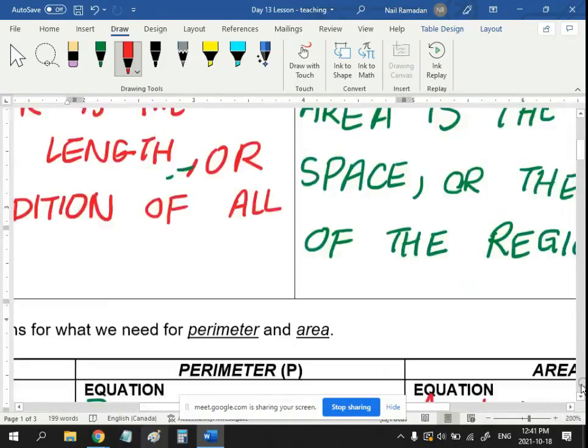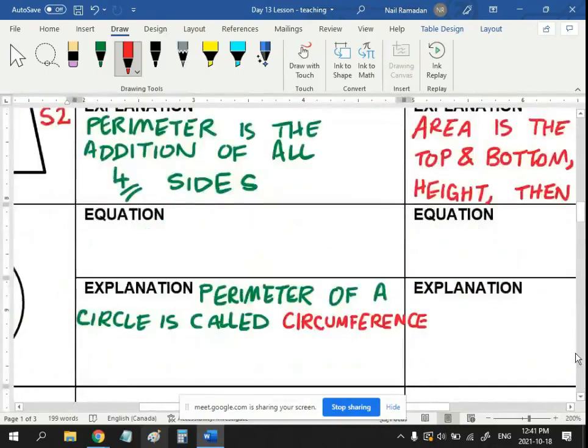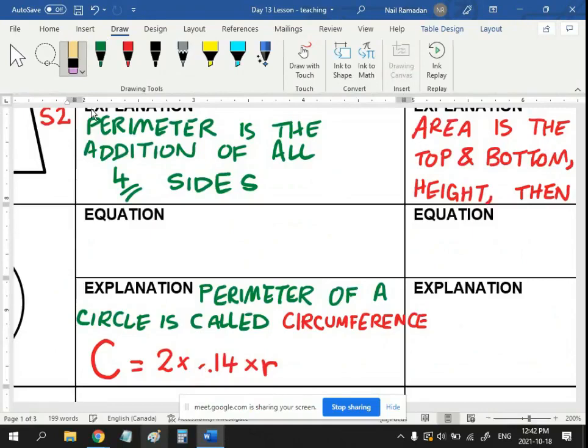What's the equation? Listen up. What's the equation that tells you how long the distance around the circle is? Here it is. C equals 2 times 3.14 times, oh, my bad. We're supposed to write explanation here. So let me just write this. Don't worry, we're going to copy the equation up there, but I need to write it here in words. 2 times pi times